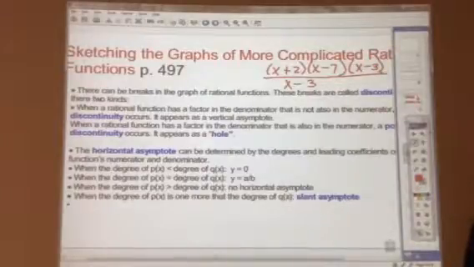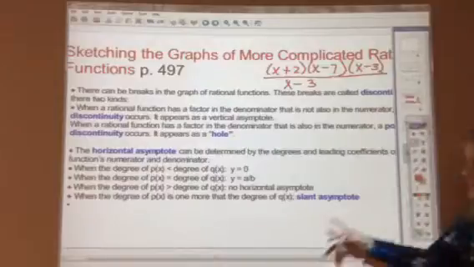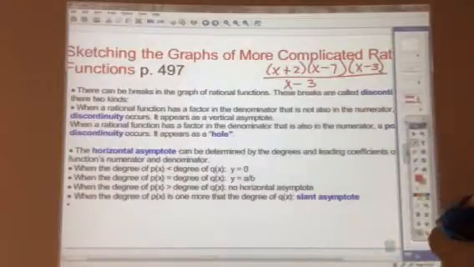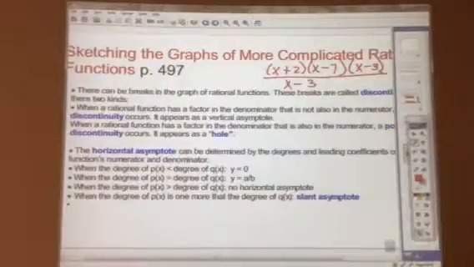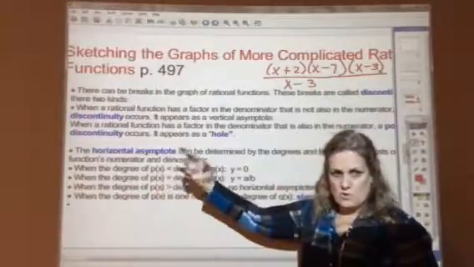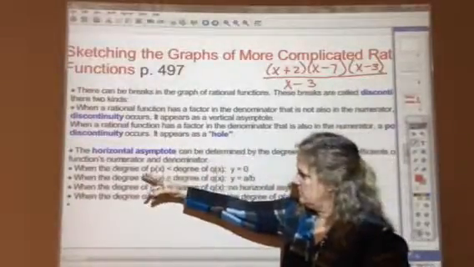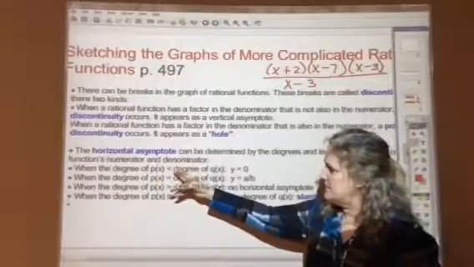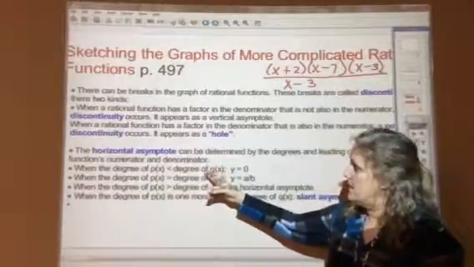Okay? All right, here's some rules on horizontal asymptote. Now, we just went through them all, but these are shortcuts to what we just went over. When the degree of the P of X, which is the one on top, is less than the degree of Q of